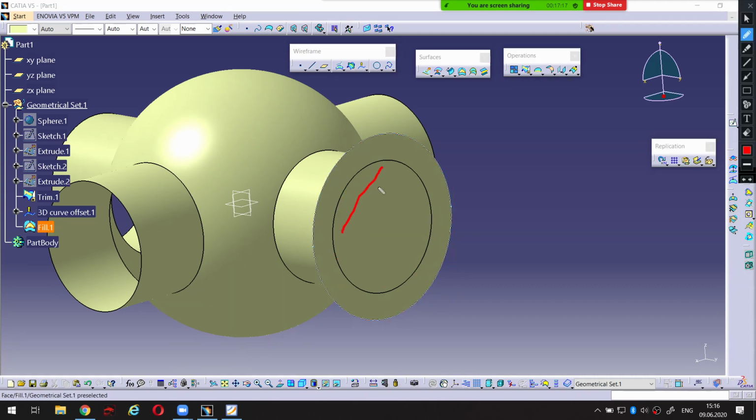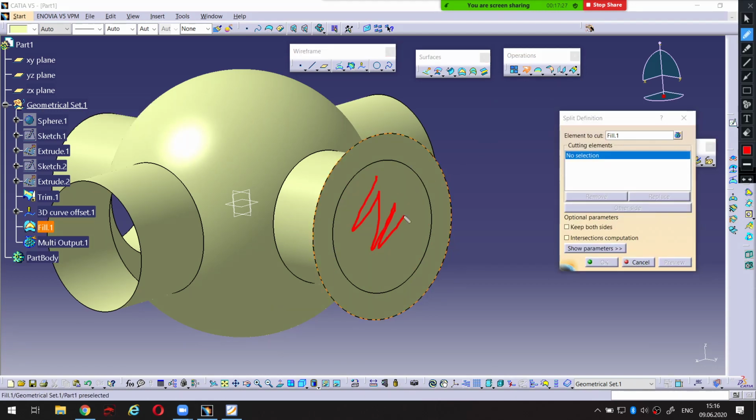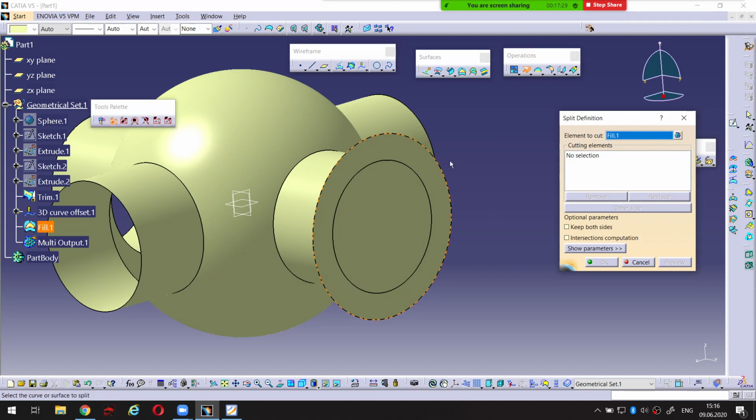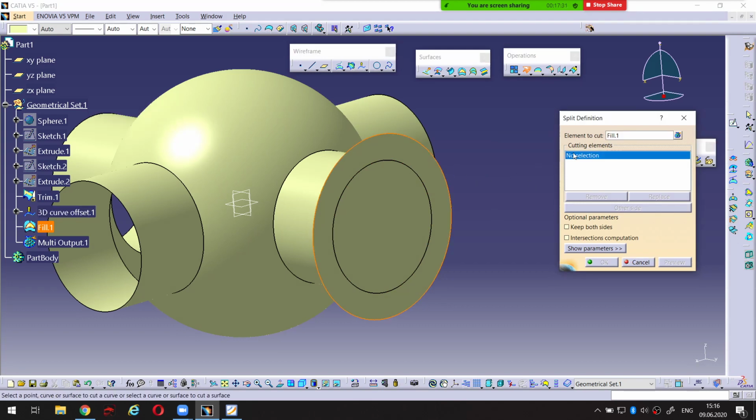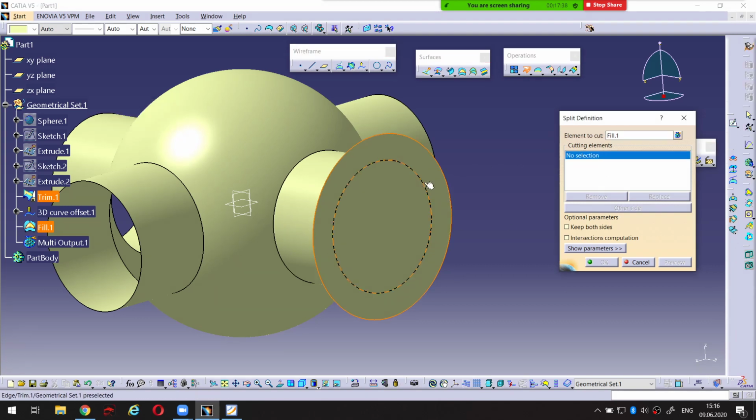I don't need this side. I can use a split tool to trim this side. Okay, so fill one is this one, and actually the element to cut is this one, and cutting element is this edge. And